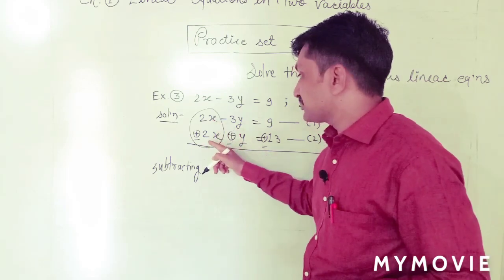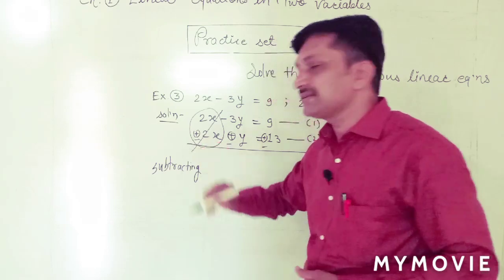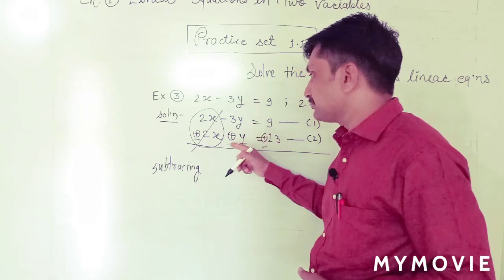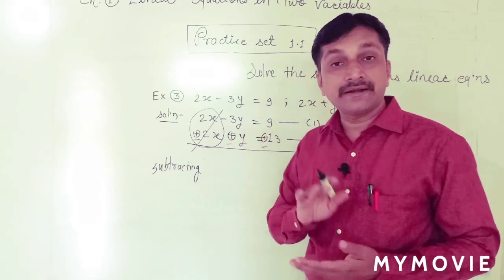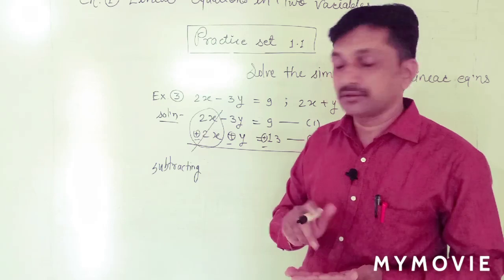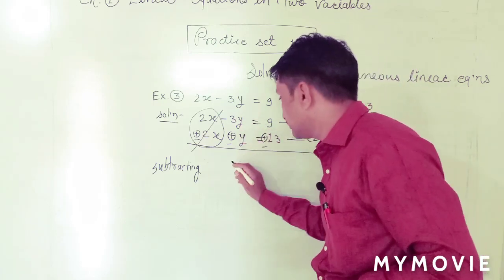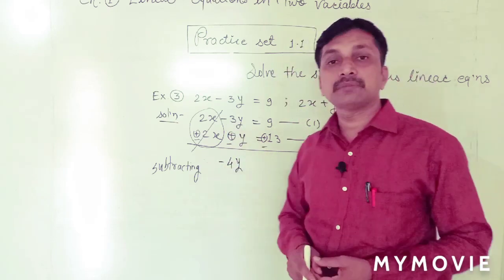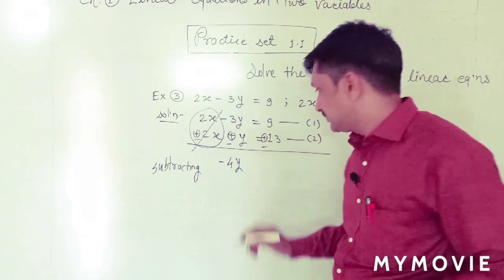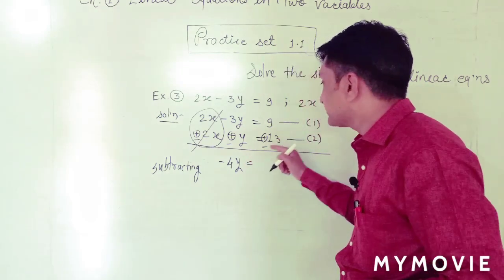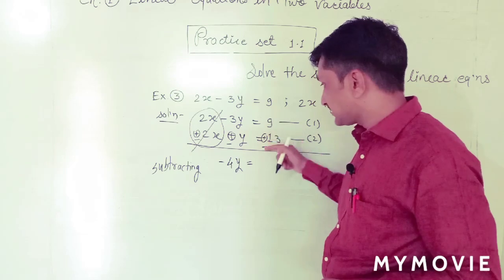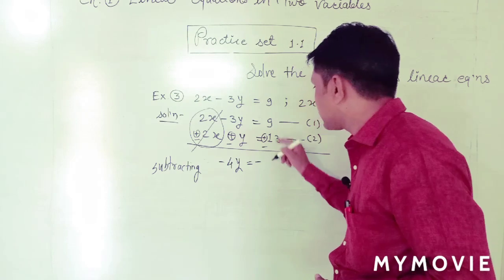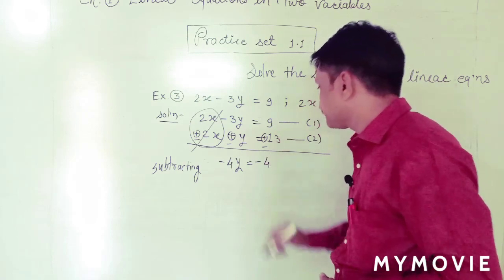Now 2x minus 2x is value 0, that's why it cancels, because the value is 0. Now here minus 3y minus 1y: same sign, so addition, with the higher value's sign. Now add them, 3 plus 1, 4y, and the sign is minus. Minus 3y minus 1y is minus 4y is equal to 9 minus 13. Different signs, so subtract, and take the higher value's sign, minus. What is the subtraction? 4.